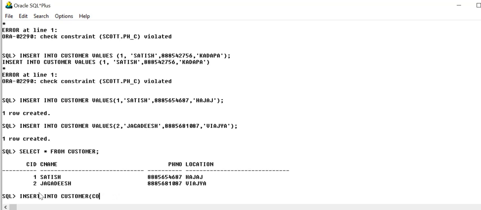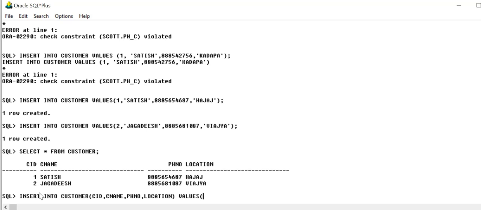So we should not give it like that. Column 1 is nothing but CID, comma, CNAME, comma, mobile number, comma, location. Okay, so values.